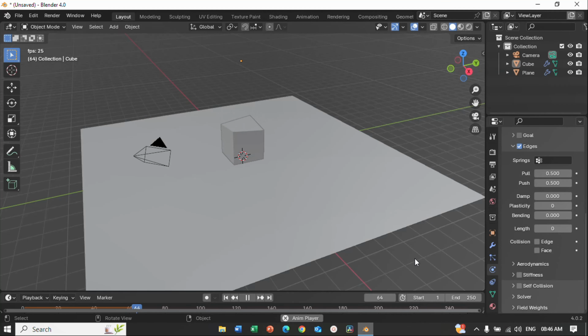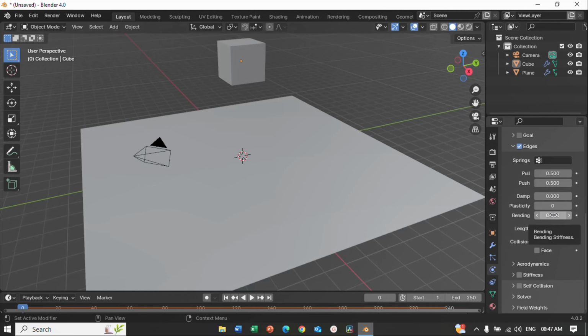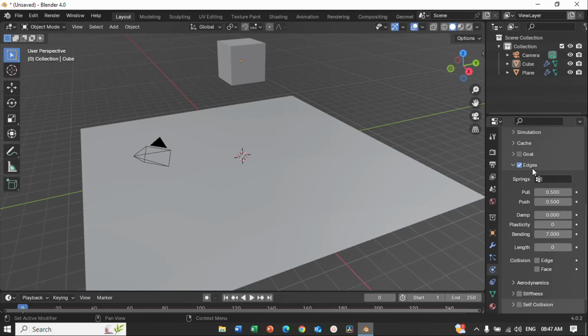At this moment, this animation looks like it does not have any pressure inside and it just collapses into itself. So in order to fix that, we have to give it some strength, and we give the strength by increasing the stiffness, which is the bending, which you will get in the edge group. So let's keep a bending of 10, and now you would see that this performs a lot better.